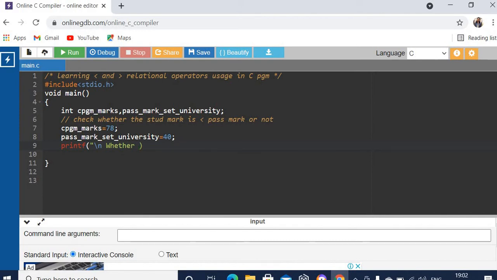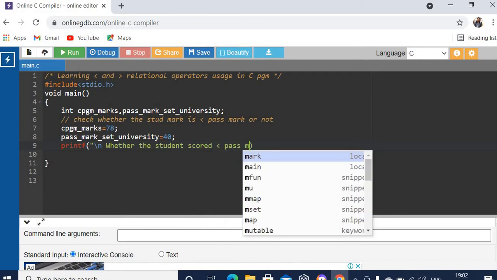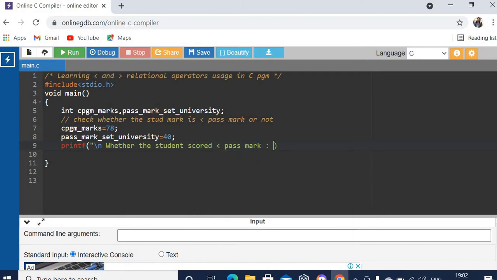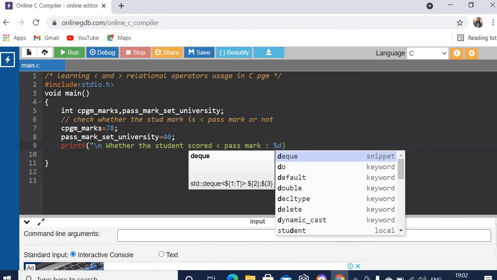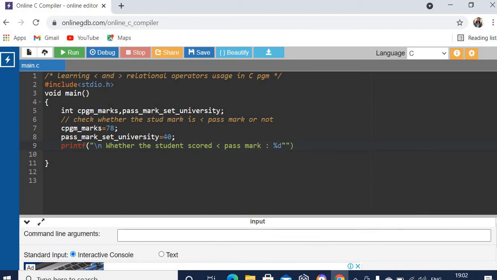Whether the student scored less than pass mark. Okay, so true means we'll get 1, false means we'll get 0.